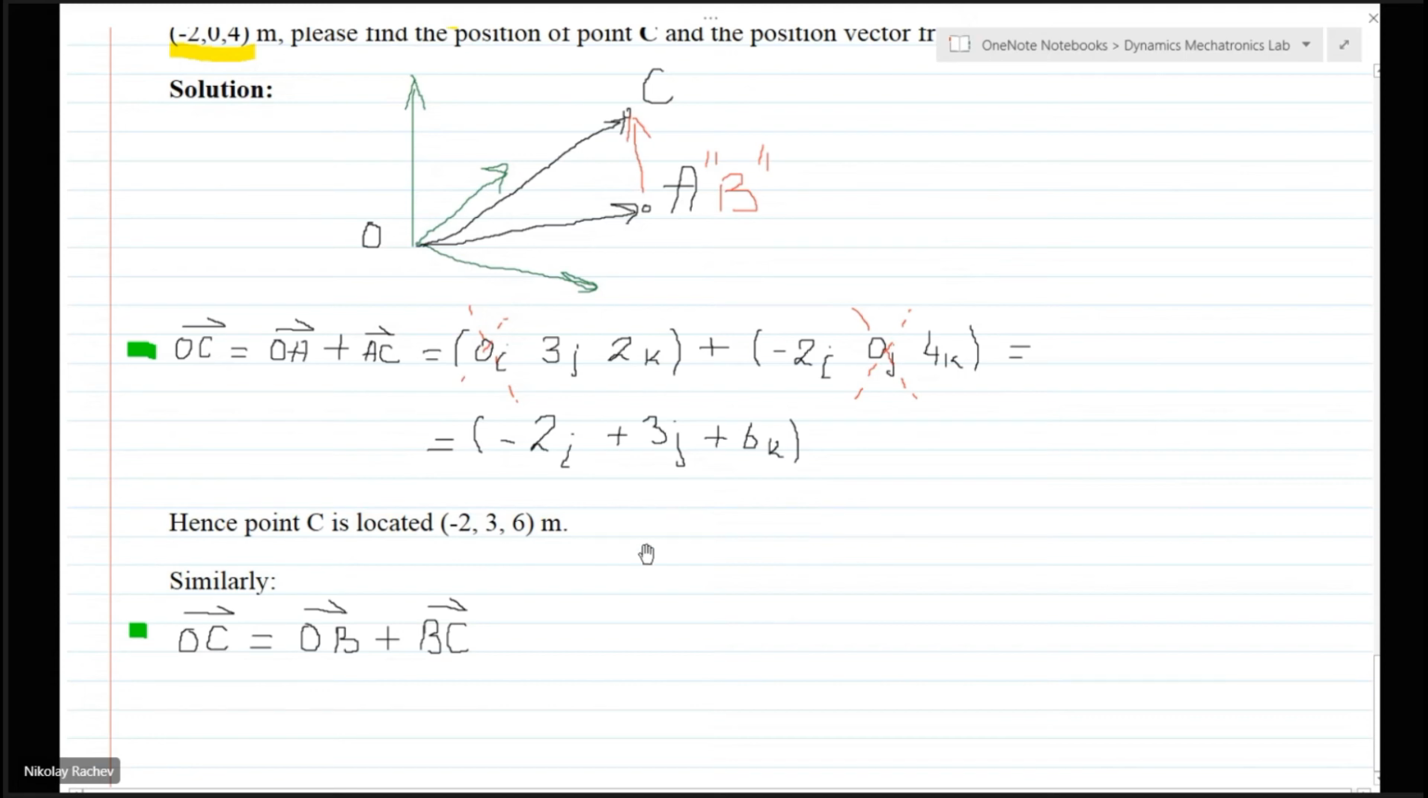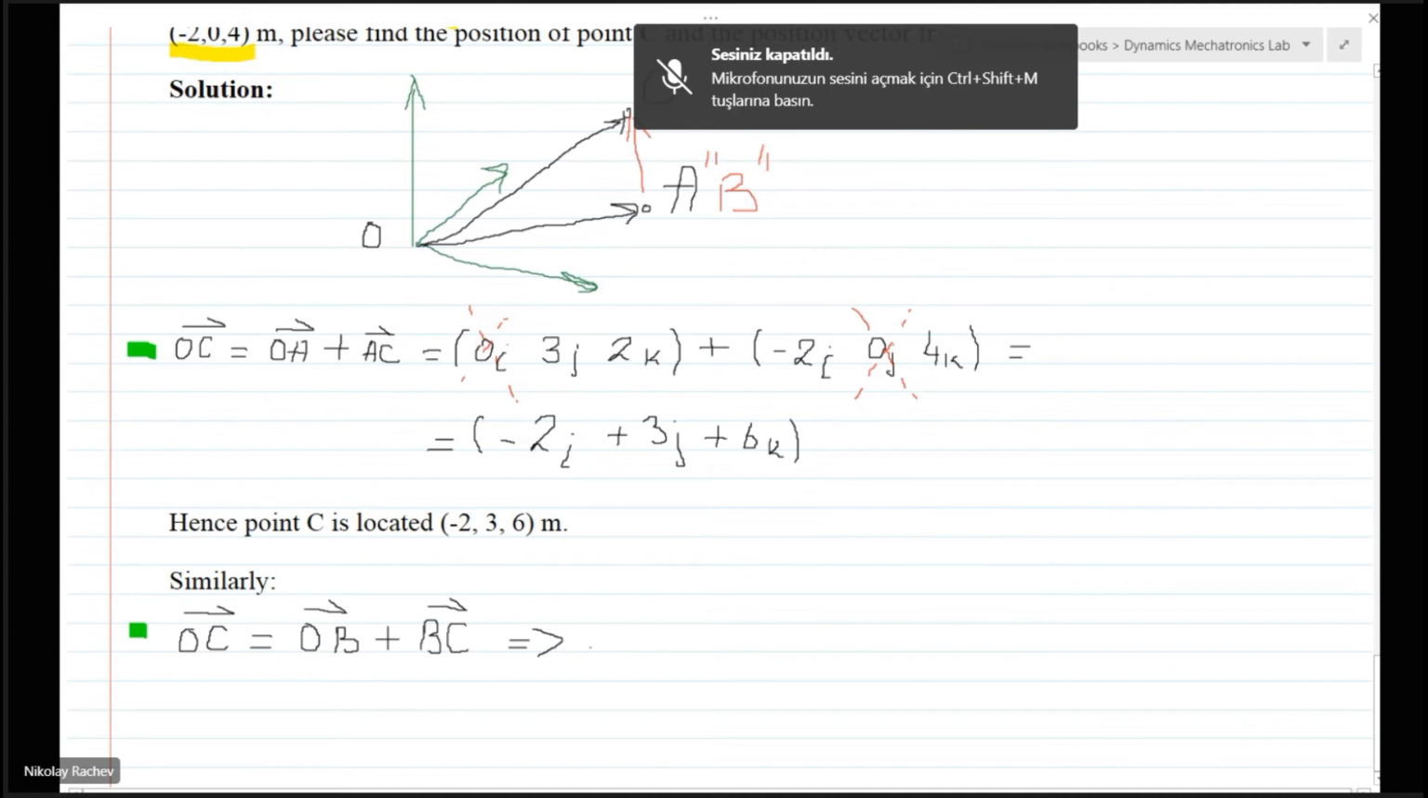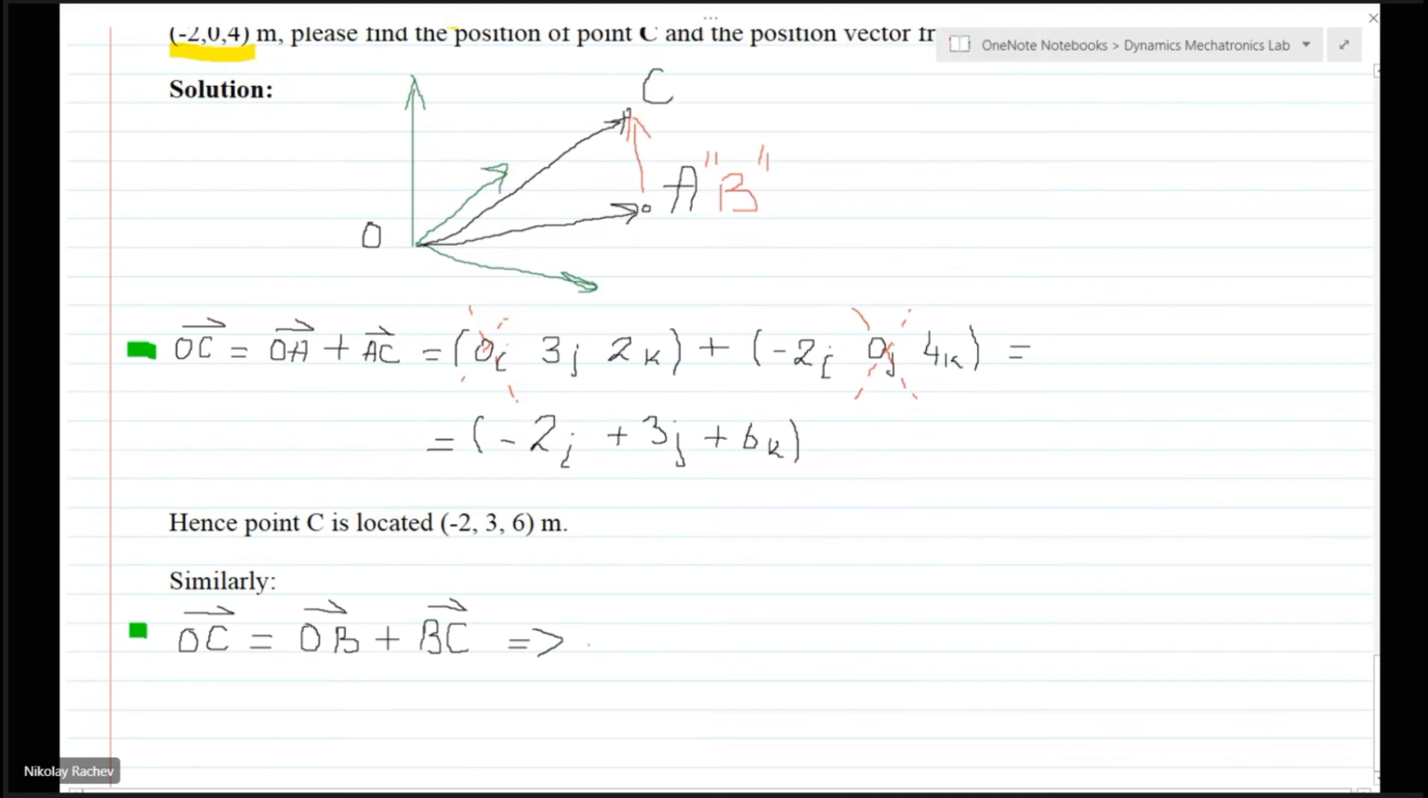Now, just a moment. BC equal to OC minus OB. I agree. Agree with you. There is no conflict with this writing here. So I agree with you. And I will write, okay. Then, BC, as you told me, BC equals